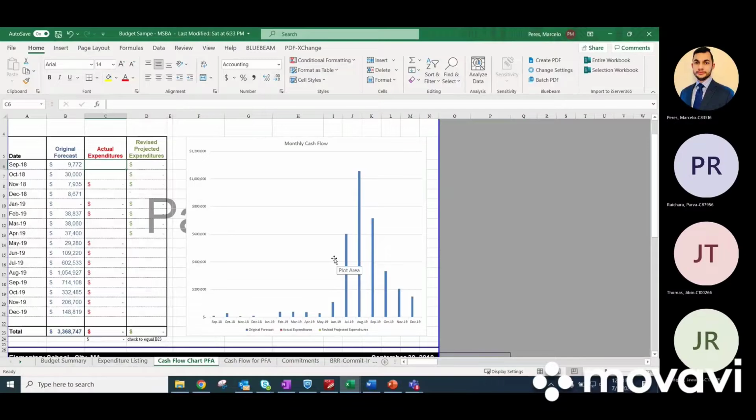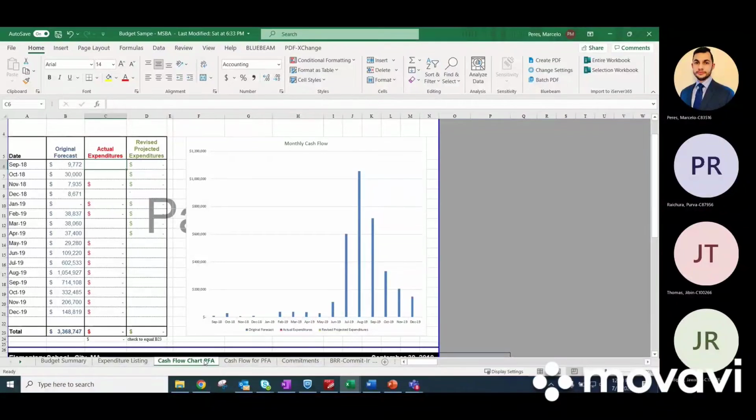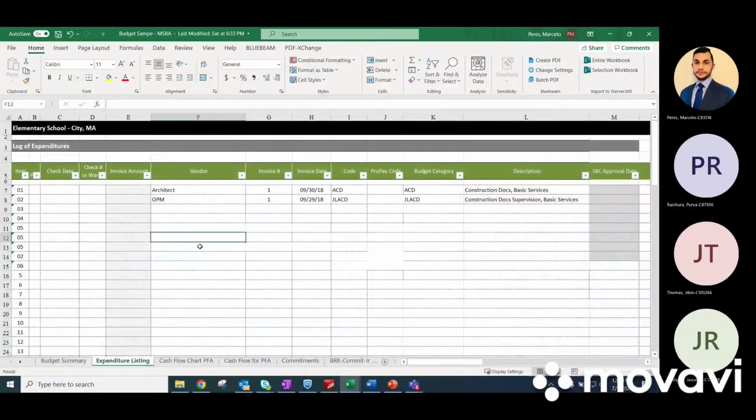Now you have developed a budget model and the project has begun. You'll start receiving invoices, right? Every time you receive an invoice on your budget model, you will log into your expenditure chart. And your budget spreadsheet will adjust itself. All the tabs down here will adjust themselves, even your cash flow. So hopefully you have projected your expenditures correctly on your cash flow,